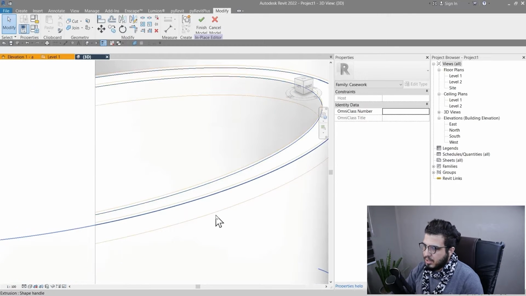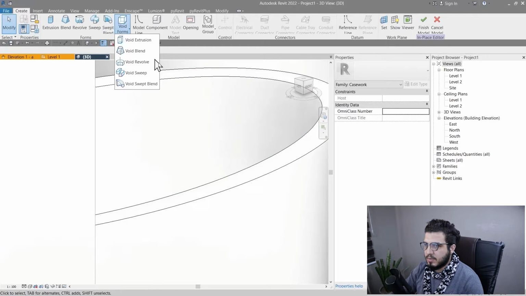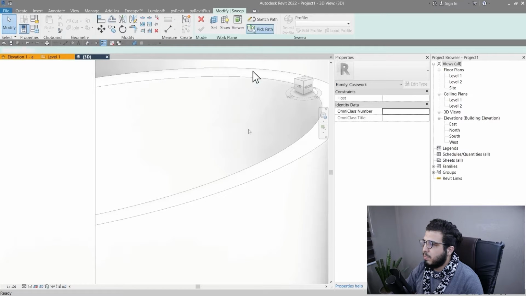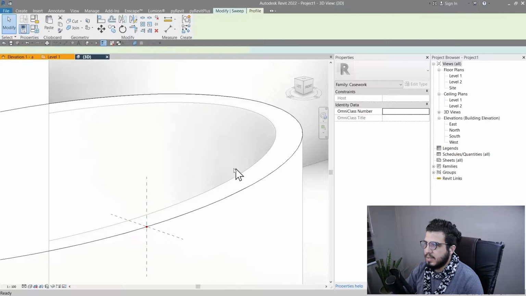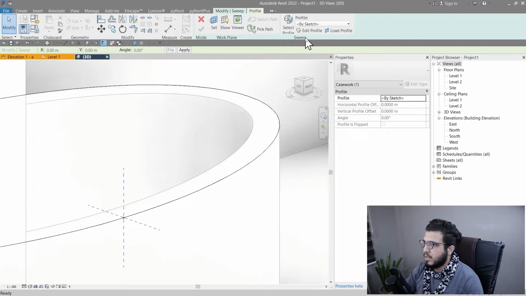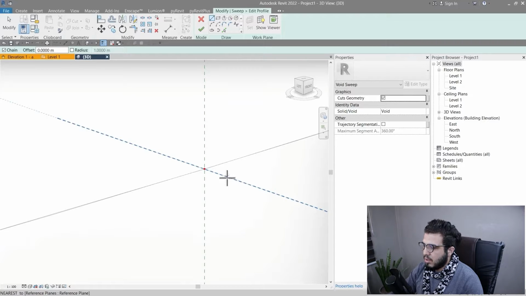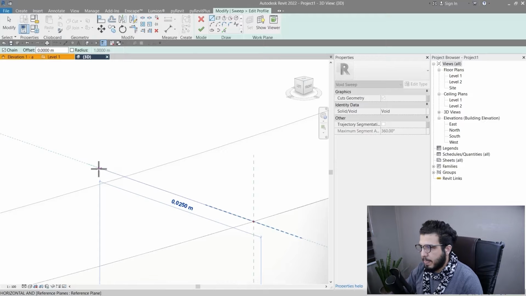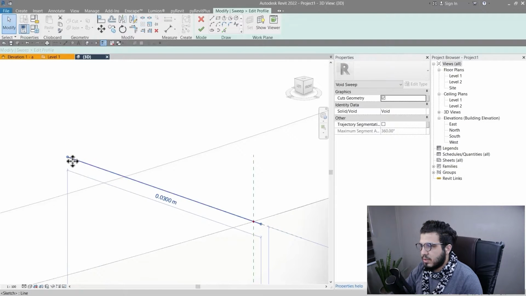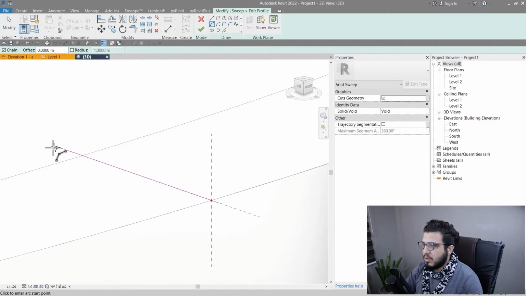But there is a trick in here. Let's go to void sweep again, and let's create our void sweep in another way. Click on void sweep and pick path, pick edge, and pick these edges for our path, and click on select profile and edit profile. And for right now, make your sweep profile a little bit bigger than you need. For example, maybe 3 centimeter instead of 2 centimeter, and let me bring it in here, and let's create our arc